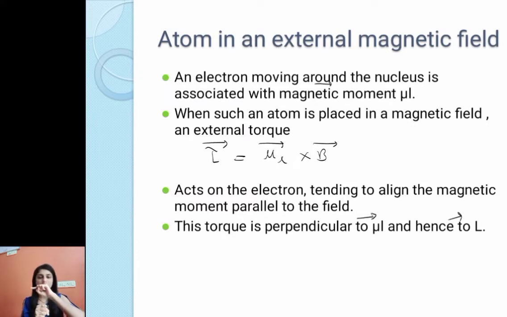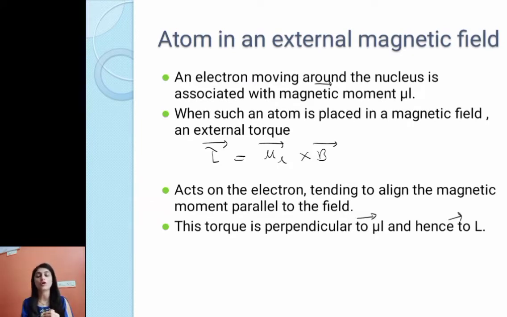So, when there is a current carrying loop, we know that there is a magnetic moment associated with it. Analogous to that, whenever an electron moves around the nucleus, there is a magnetic moment associated with it, and it is called mu L. L is the orbital quantum number, and as this magnetic moment is there because of the orbital motion of the electron in the orbit, it is called the orbital magnetic moment. Now, when such an atom is placed in a magnetic field,